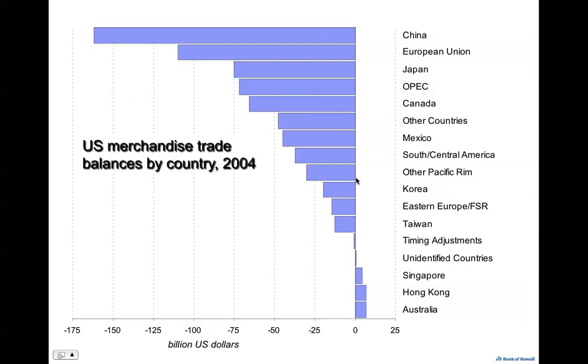Now the third slide shows merchandise trade balances by country. We run trade deficits with these countries right here, and we run trade surpluses with these countries. So we're running far greater trade deficits than we are trade surpluses. Okay, this finishes section 1 of